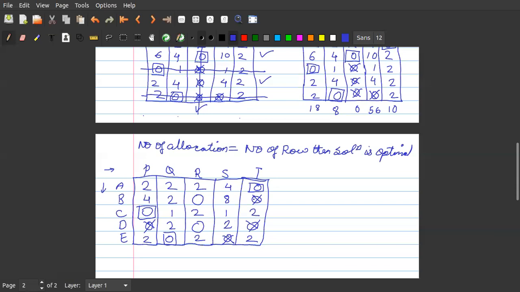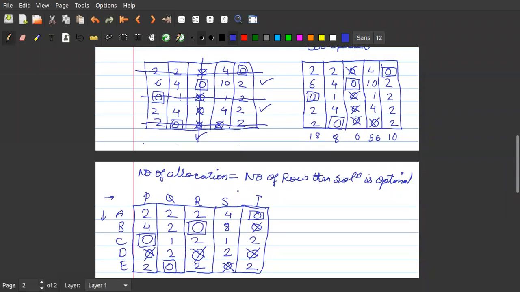Column 5, 1 allocation is already made, but there are still 2 zeros left. So again I'll go to row operation. Now there is 1 zero which is allocated. In this, there is 1 crossed zero. So I'll neglect this crossed zero and make an allocation here. Once I make an allocation here, I'll cross this zero. Again, if you see, there are 1, 2, 3, 4 allocations. In row 4, there is no allocation being made. The same values are being copied, isn't it? Is it or not, students?